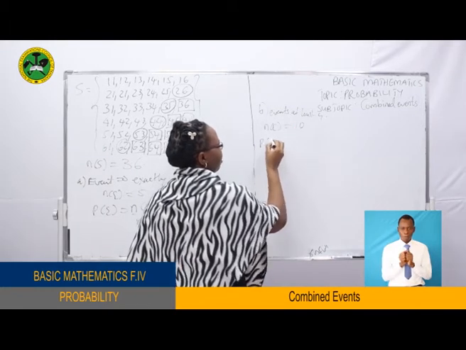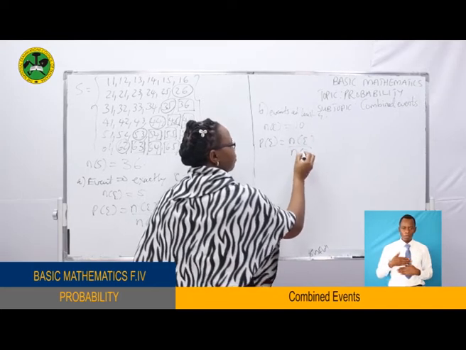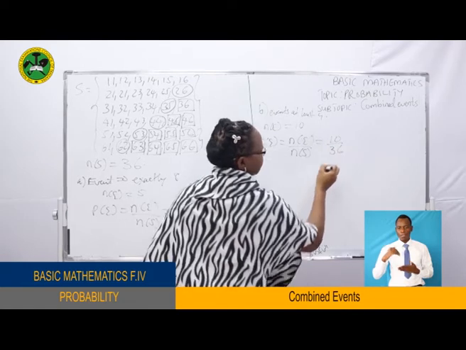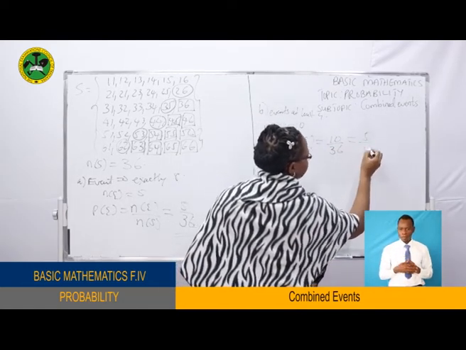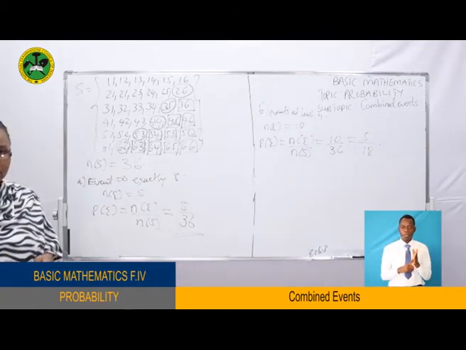So the probability of an event is equal to the number of events over the number of sample space. That is 10 over 36. You can simplify by 2: 5 over 18. So this is the probability of the event. Part C,